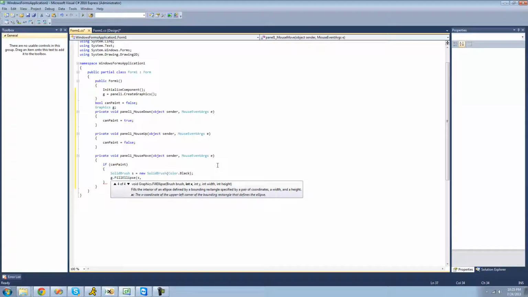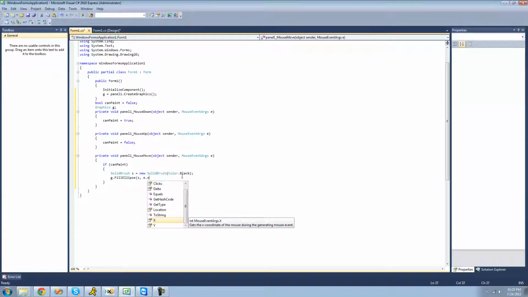Well, what we're going to be doing in this tutorial is have the circle appear at the user's cursor. So in order to get the position of the user's cursor, we're going to be using this mouse event args class. Since it's called E, we can just do E dot